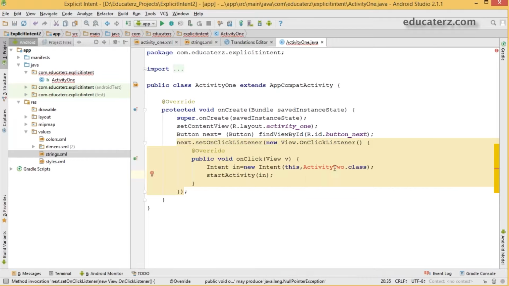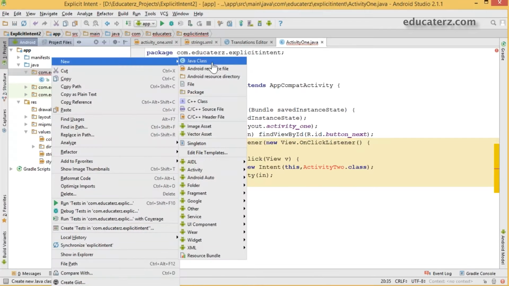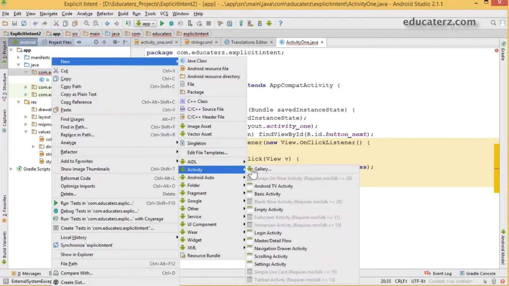Okay, but here it is throwing an error for us because I did not create Activity2 in my application. So go to the corresponding package, right click on the package, and go to New. The studio is providing a very simple way where it will create your layout file and activity file at a time. So go here, choose Activity.